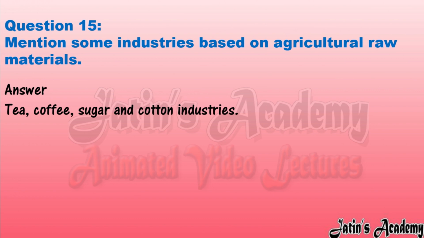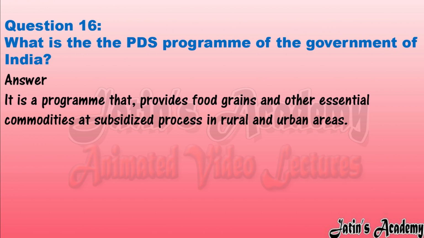Question 15. Mention some industries based on agricultural raw materials. Answer. Tea, coffee, sugar and cotton industries. Question 16. What is the PDS program of the Government of India? Answer. It is a program that provides food grains and other essential commodities at subsidized prices in rural and urban